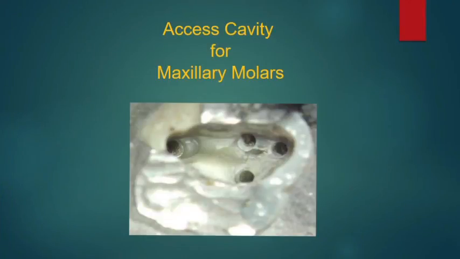Alright, now let's move on to the maxillary molars. Now, let me talk in the beginning about the maxillary first molar, which is the most complex tooth because it almost always has four canals, and the access cavity will have a rhomboid shape, with the corners corresponding to the four orifices. During the preparation of the access cavity, we shouldn't extend to the mesial marginal ridge mesially,